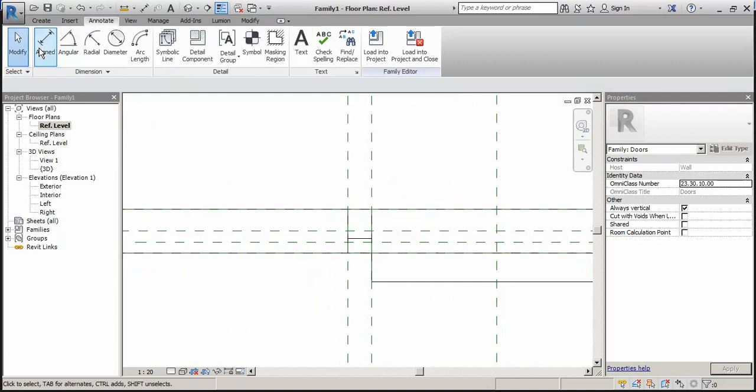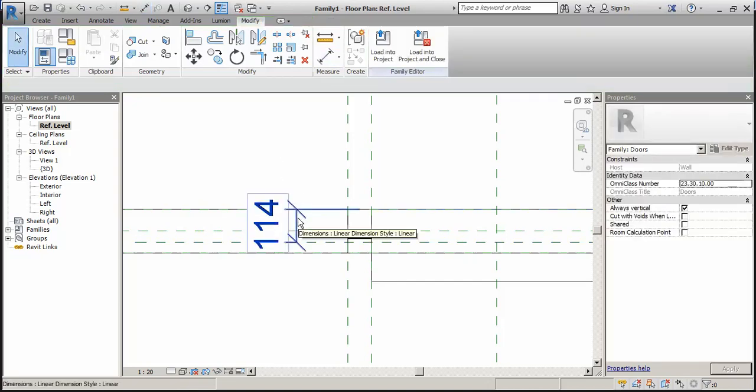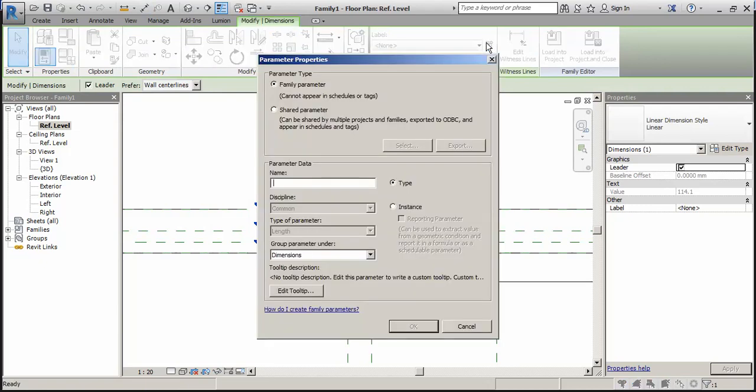annotate and then aligned. Select the dimension and give the parametric character to it. Select this and create new parameter and write it as shutter thickness or panel thickness.